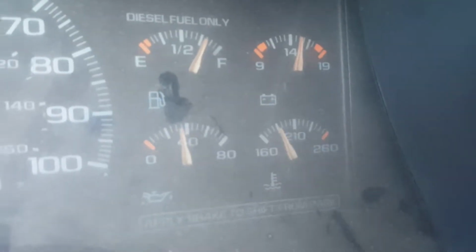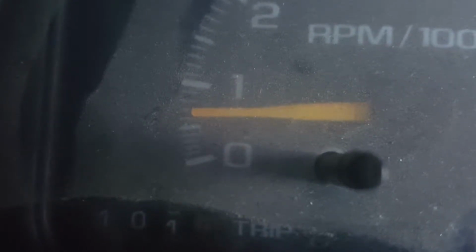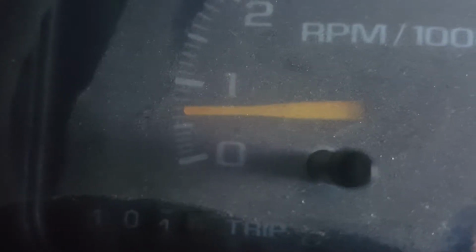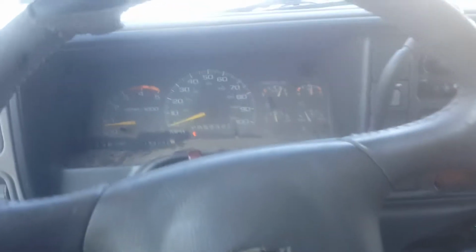Part of my other problem, it's not really doing it now because it's warm. I just got back from a trip. If you watch the RPMs real close, like I said, right now it's not really doing it. I'm not touching the throttle, I'm not doing anything. But it surges up and down. Now at idle, that's not really noticeable or a problem. But going down the highway,